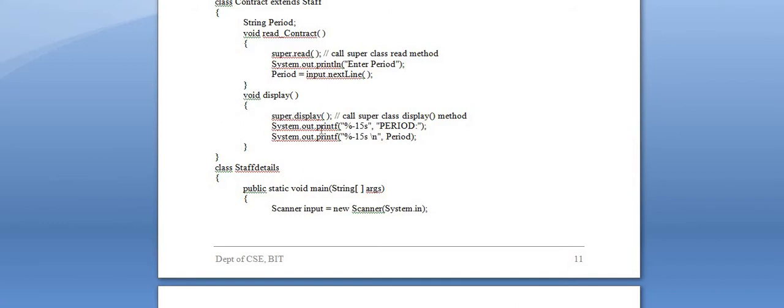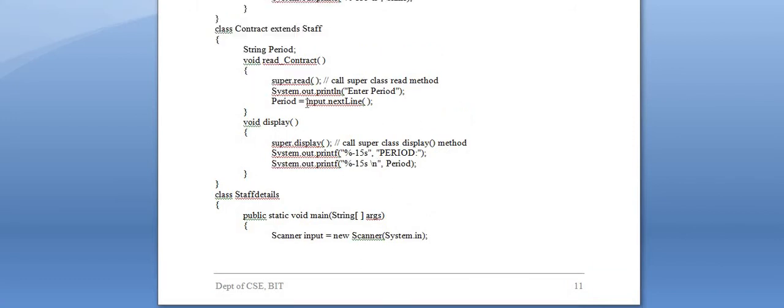Once you read all the objects from the super class along with the subclasses, you need to display each and every object. That is void display, super dot display, which calls the super class display method. Then it prints the period of the contract employee.